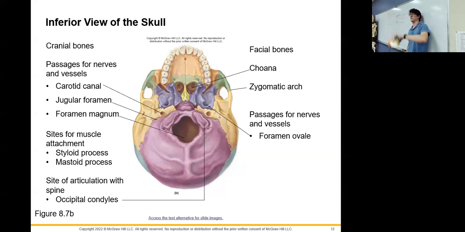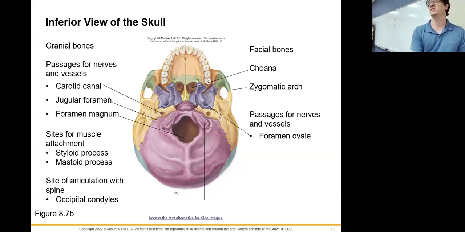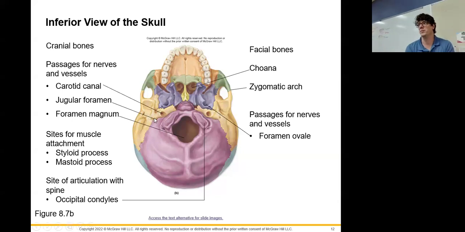For instance, I pointed out several for the occipital bone. The jugular foramen is a hole in the occipital bone. So it's this little hole right here, kind of at this border between the occipital bone and the temporal bone. The carotid canal would be really easy to confuse with it, except for the fact that it's in a different bone. So if I learn my carotid canal as part of my temporal bone structures, like along with my zygomatic process, my styloid process, my mastoid process, and I loop my carotid canal in with those, it's going to make